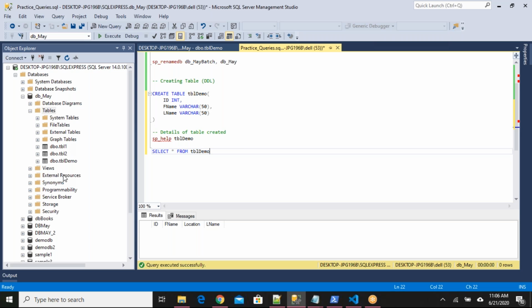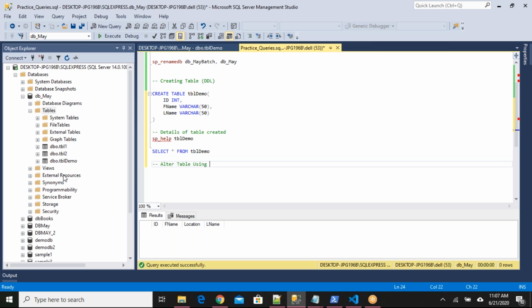Also, for modification of the table definition, we can use the queries. You can go to the design of the table just by right clicking on the table and selecting design, add the extra columns you want, remove the columns you don't want, change the data type of the column, like that. Whatever operations you want to do, you just do using the UI. And at the end, once you're done with the changes, you have to save the changes. Just press Control S or click on the save button. It will save.